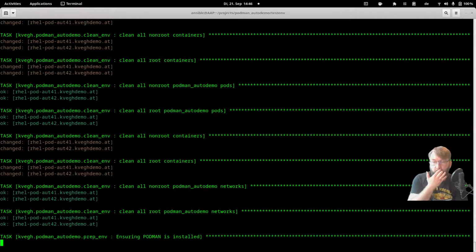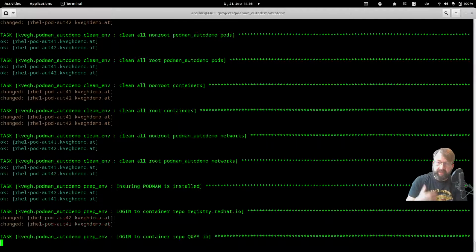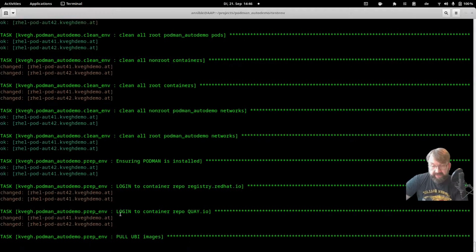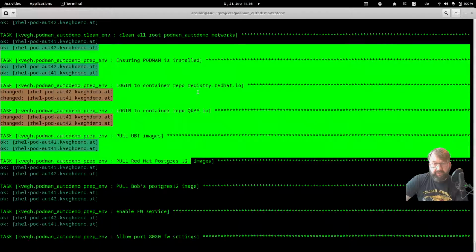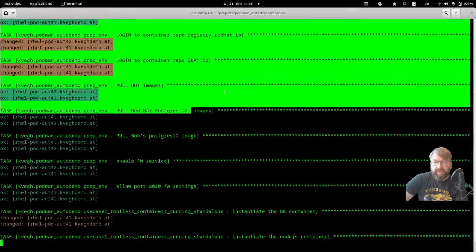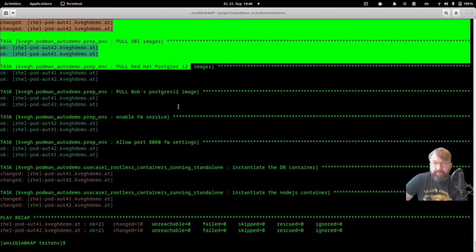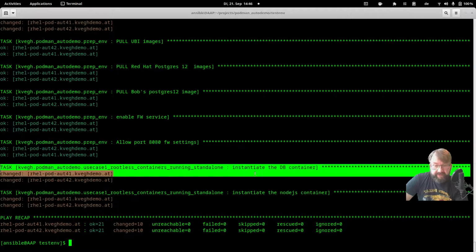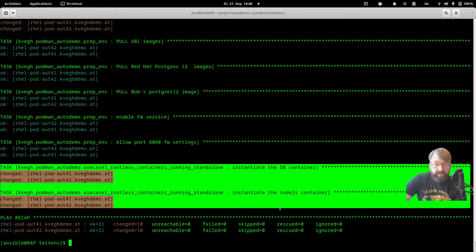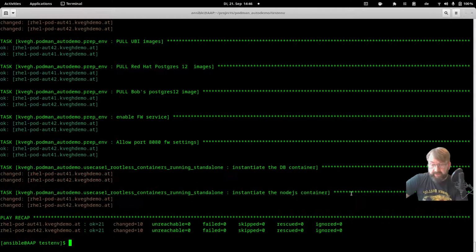This playbook calls first the cleanup role, then it calls the prepare environment role, and after that, this is the prepare environment where we log into the container registry and pull the images. And when it did that, it instantiates the database container and then the Node.js container, right? So if we actually want to look into that,